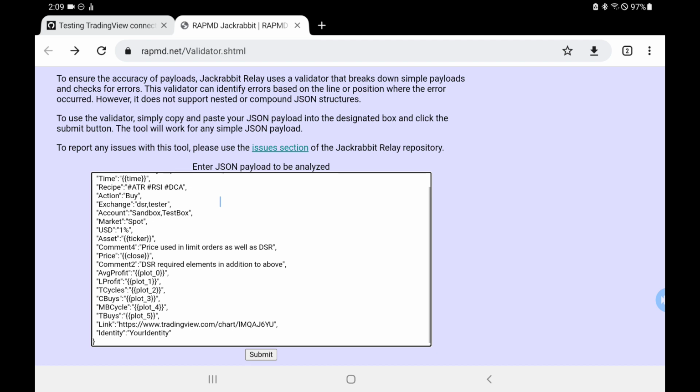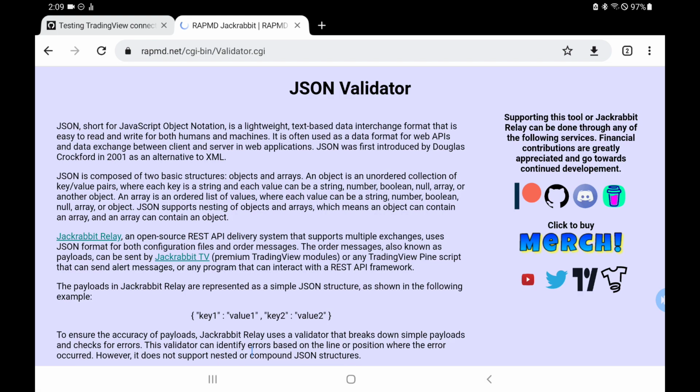Now in a normal Jackrabbit payload, you will have a very ugly, very lengthy identity that will be very difficult to work with. And that is a problem in trying to deal with a payload that could be 4,000 characters long. So with our simple example, let's see what happens. Click on Submit,